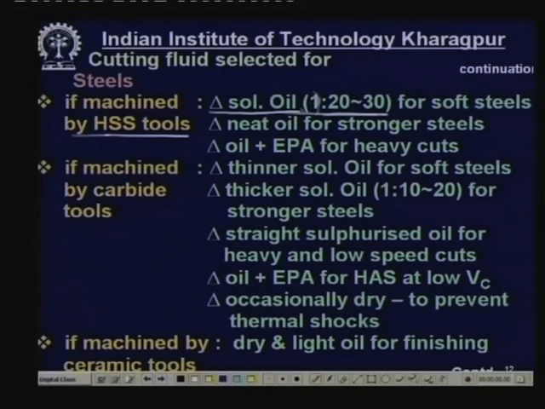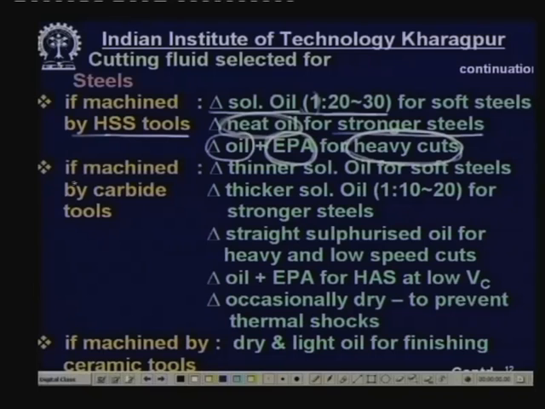So, it is very diluted, and this is used for soft steels, that is low carbon steel, low alloy steel, and we should use neat oil for stronger steels. Why? Because a little bit of oiliness or lubricating property is needed. So, oil is used, but we have to use extreme pressure additive along with the oil while cutting under high pressure and temperature, that is large force, where there are a lot of chances of friction and built up edge formation. So, this is a heavy cut, and extreme pressure additive will enhance the lubricity of the cutting fluid,